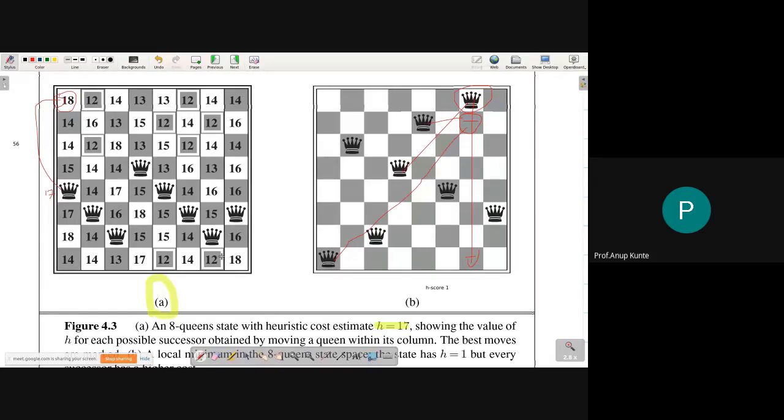Some siblings have value 13, some 14, some 16, some 18. So nodes with 17 or above I will ignore, because those nodes are part of the locality of reference which have higher or equal h value compared to my current node.